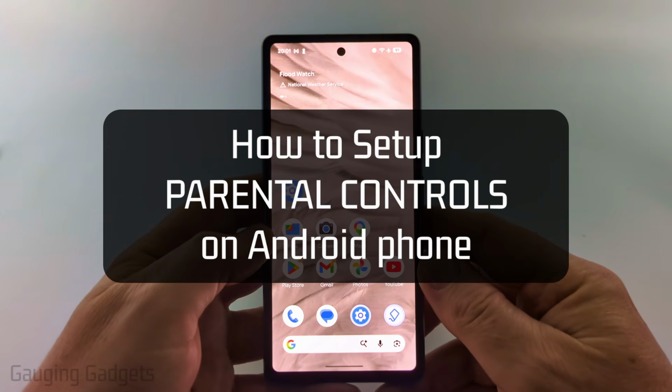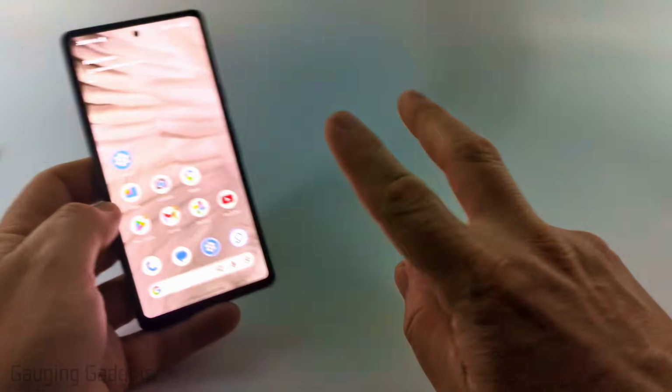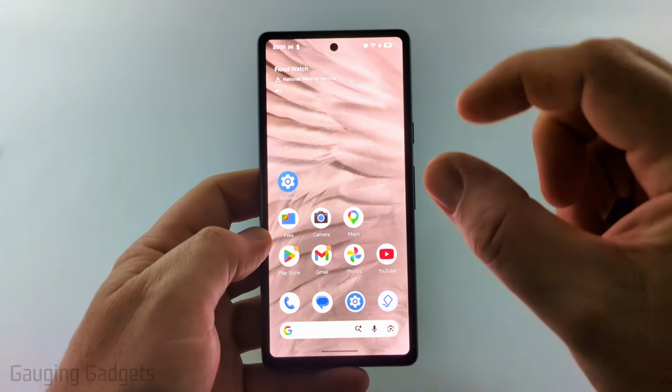How to set up parental controls on an Android phone. In this video, I'm going to show you two different ways to set up and add parental controls to an